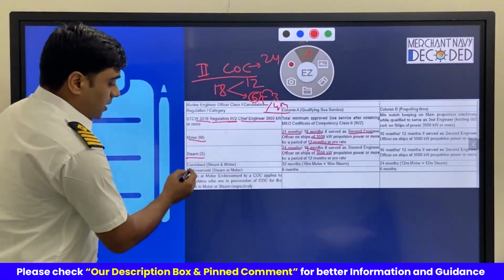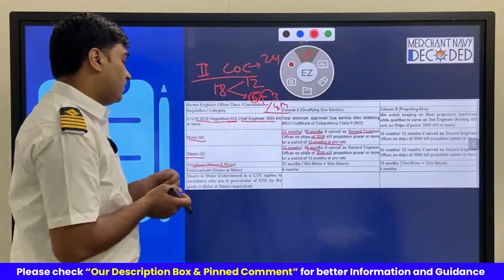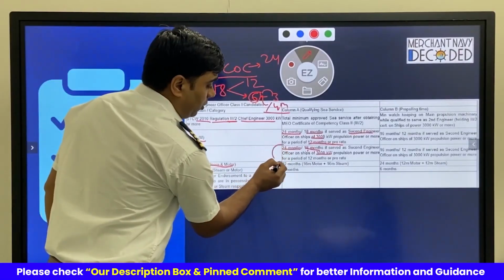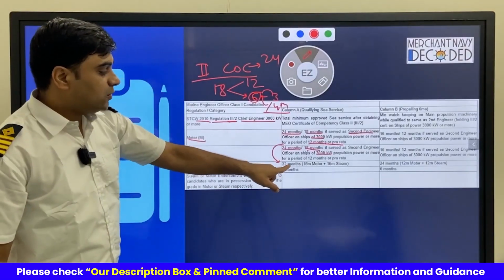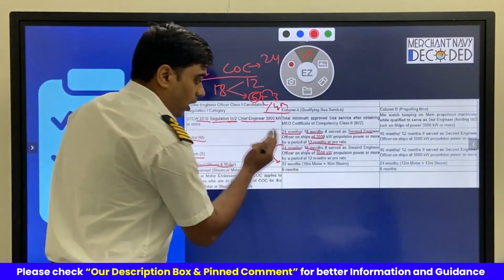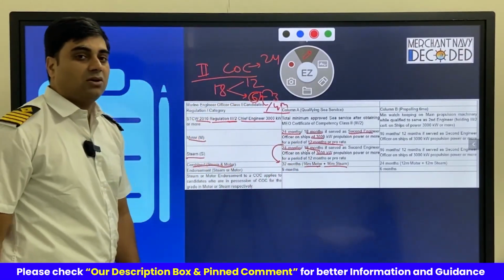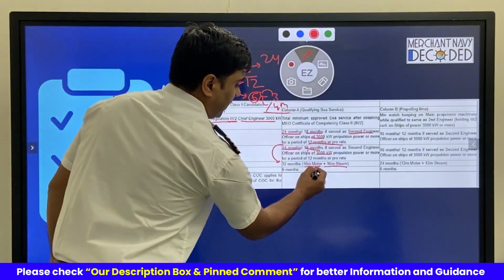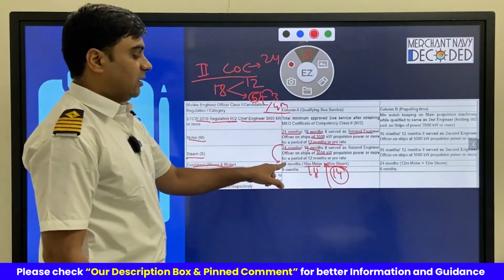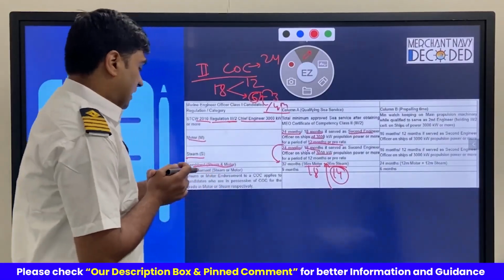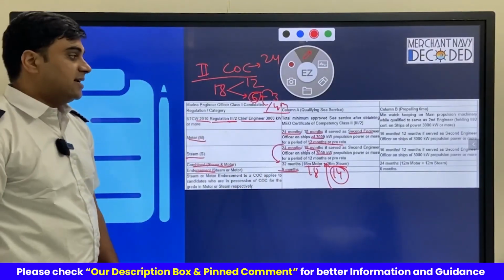Same here. Now, if you are applying for a combined steam and motor examination, many of you might be applying for the combined one. In that case, this 24 becomes 32. That means after the combined MEO class 2 COC, you need to have 32 months of sea time, that is 16 months on the motor and minimum 16 months on the steam. It cannot be that you make this 18 and this 14. No. You need a minimum of 16 months on each type. That's how they get this 32 months. Now, for the endorsement, you need 9 months of qualifying sea service.